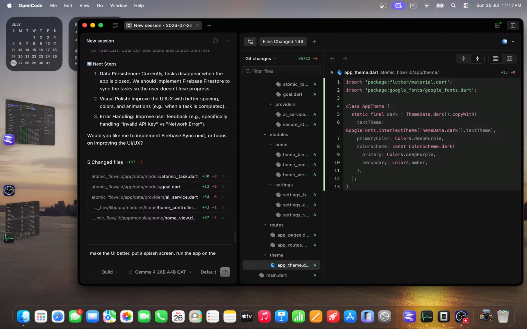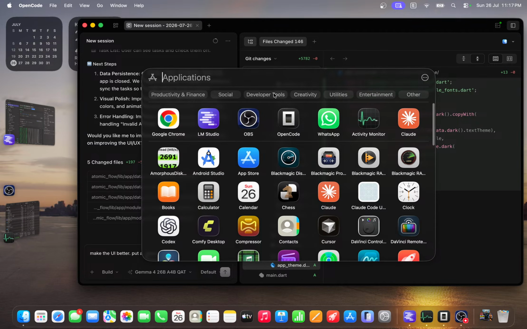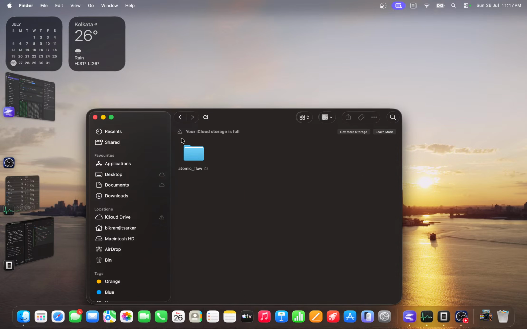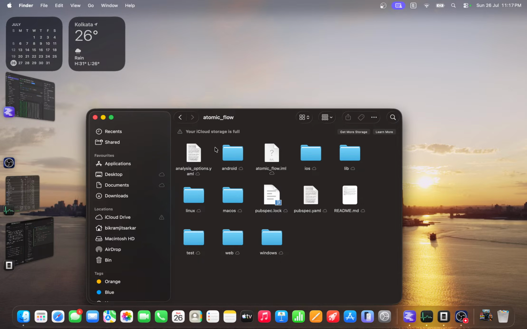Then it's not ask it to run the app on simulator. Let me run the app on simulator, right? Okay, so it's on here. I know the folder. Where is the folder? Okay, so desktop, the folder, atomic flow, and we can open this folder